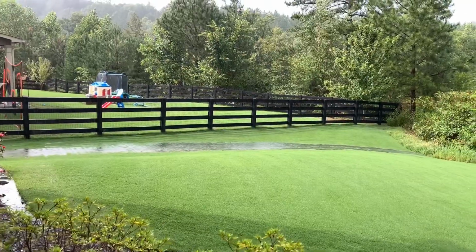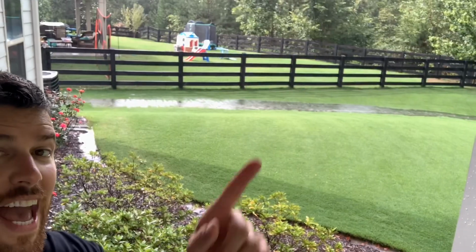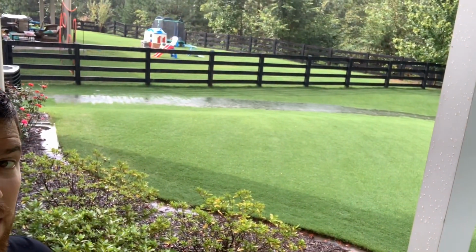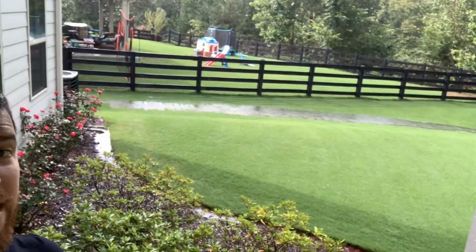Talk about barely making it. Just a couple minutes later, downfall. And that is the river I was talking about. It's graded that way on purpose, but it does stay wet and I need to do a French drain in it, so